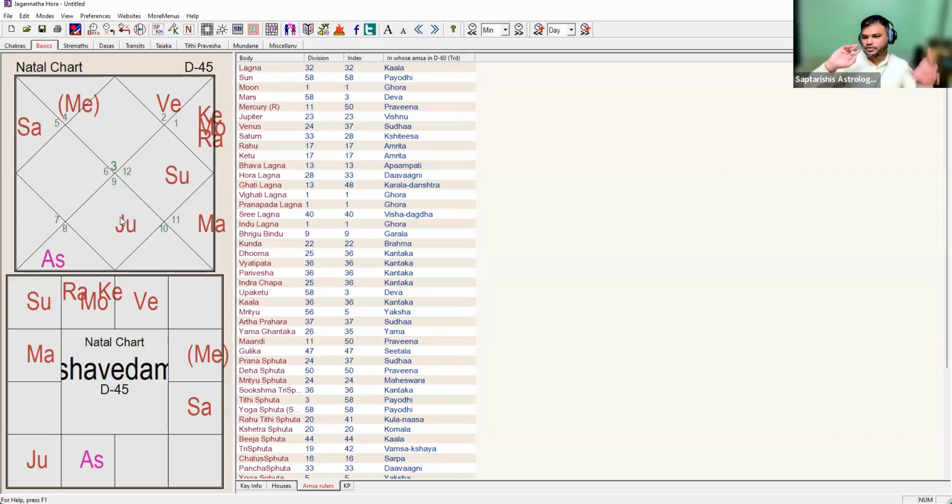So now in the original D1 chart, Moon is with Rahu, correct? Here also Moon is with Rahu in the same Amsha. It means the affliction level is the same here. And the dispositor is also reflected with Saturn. It means that for Moon and Mars, this particular karma is coming from D45. When D45, what does it mean? Father's side.